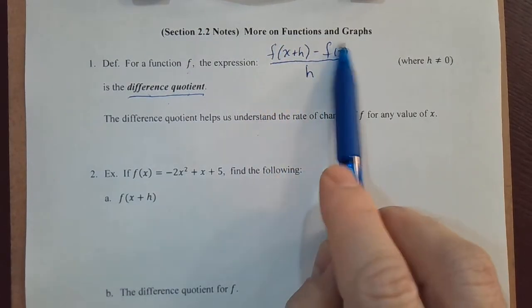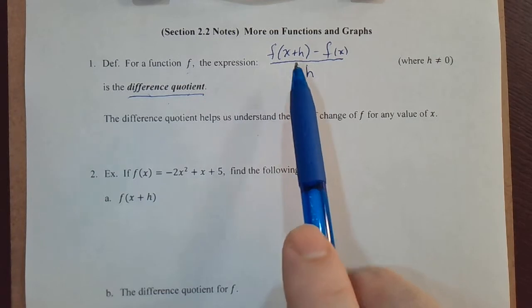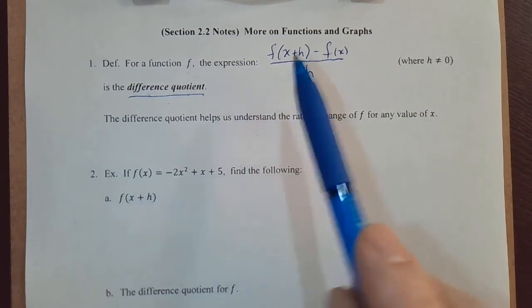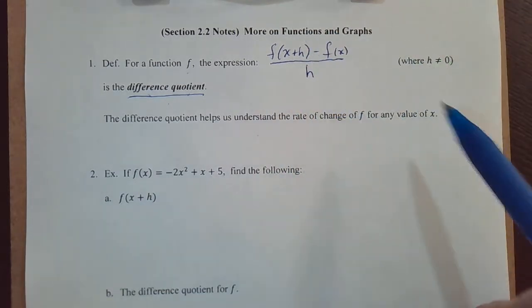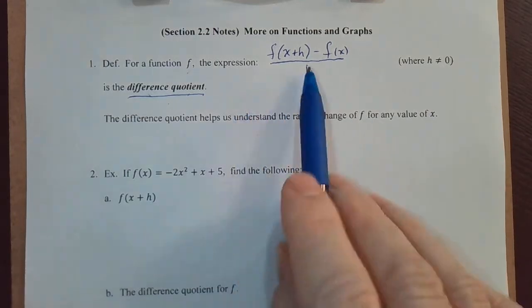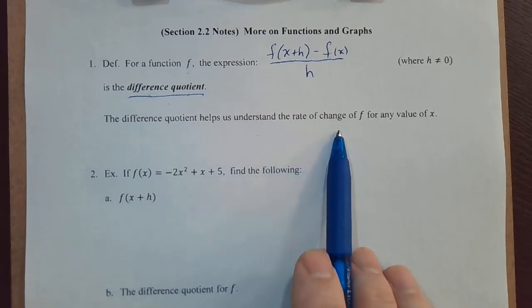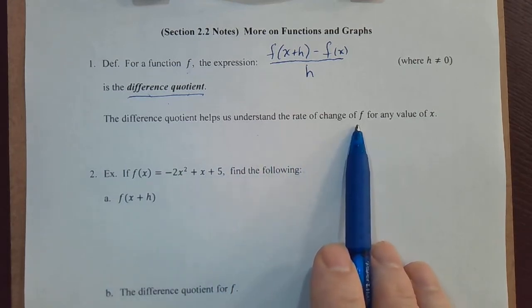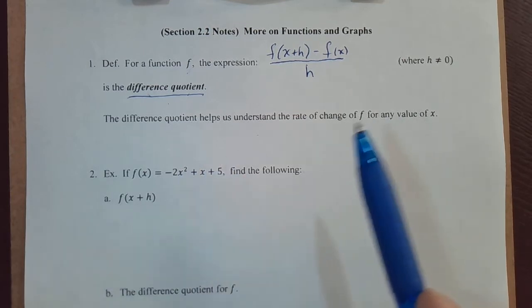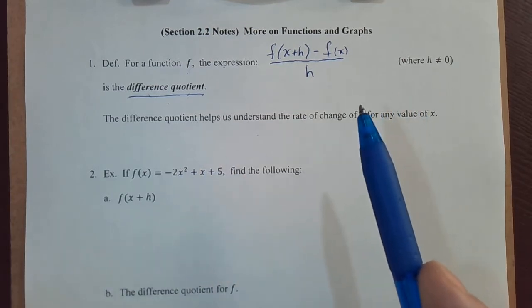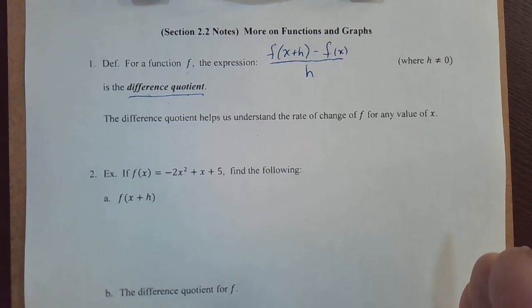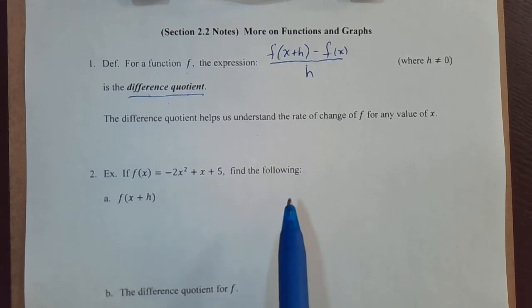We won't spend a whole lot of time with it in this class, but you will definitely see this quite a bit in your first couple of weeks of Calculus 1. And what this does in Calculus 1, you'll see this. The difference quotient helps us understand the rate of change of f for any value of x. You can think of it as almost like the slope of a graph at a particular point. It really helps you determine at a particular point the slope of the line that is tangent to the graph